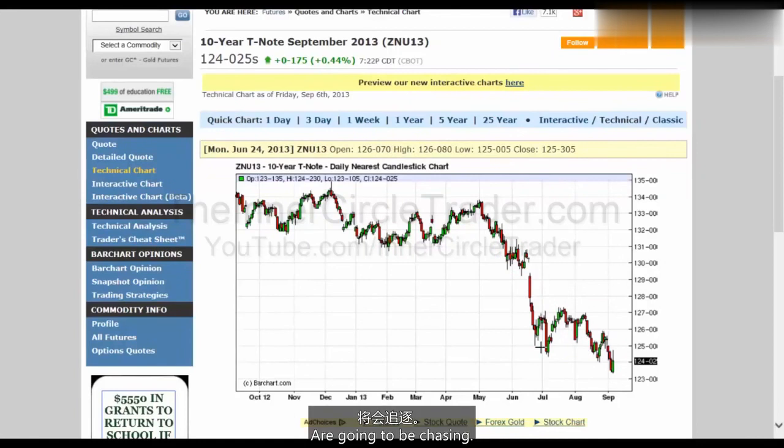Currencies are going to be chasing higher yield. So what does that mean? As the yields go up, as we're going to see in another chart and how you can get that information as well, as the yields are going higher, the currencies are going to chase that, okay? And that means they're going to chase yield. What does that mean? That means while the 10-year note is trading lower, you want to be a buyer of currencies,